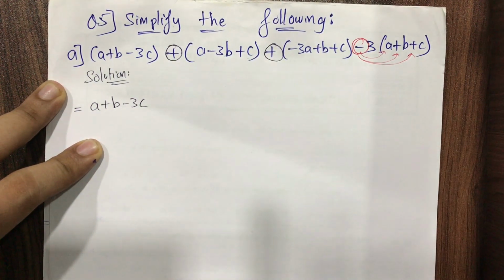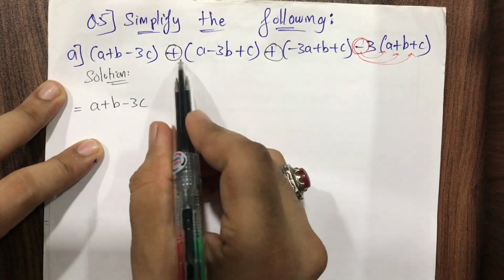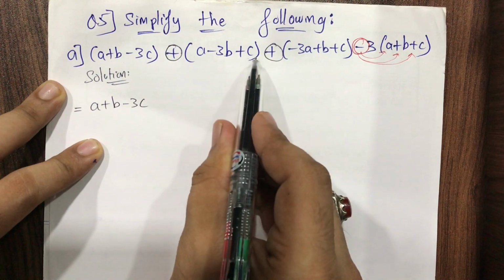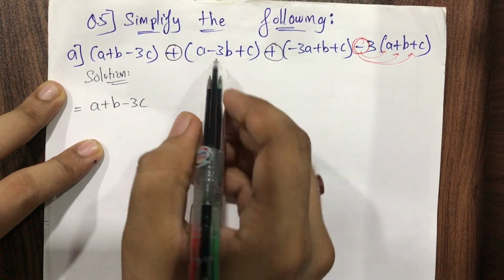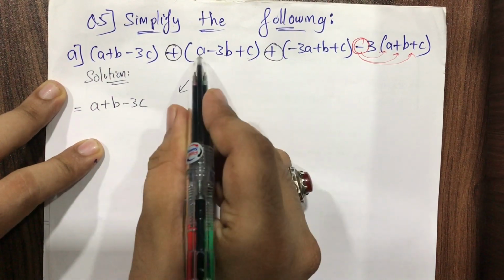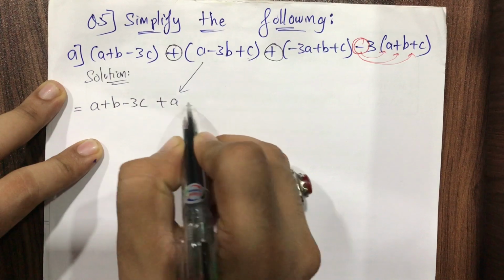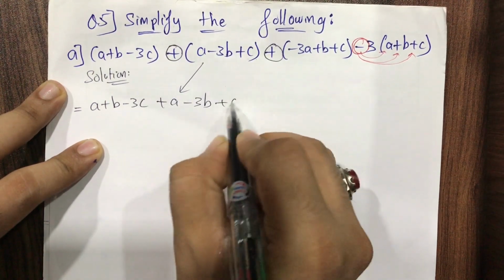Okay, let's see now. Let's proceed first. Now it's a plus. Because it's a plus, when plus gets multiplied to each and every term inside it, it will be exactly the same. So I'll just copy it the same. What is it? It's A. Of course, I will not write only A, it's plus A. So plus A minus 3B plus C.